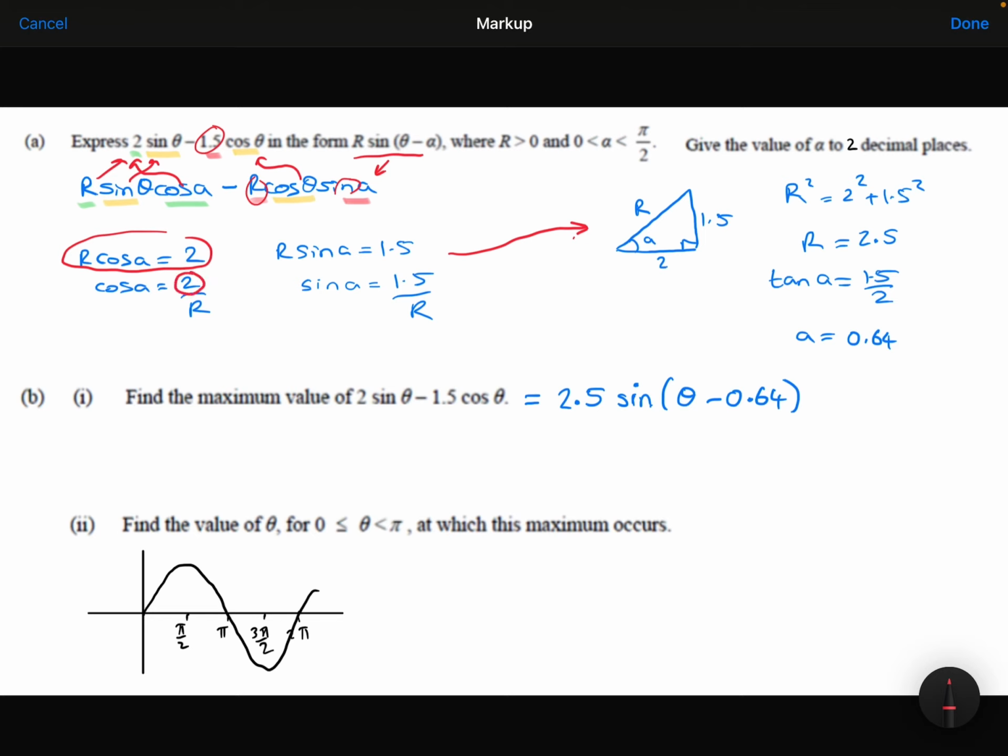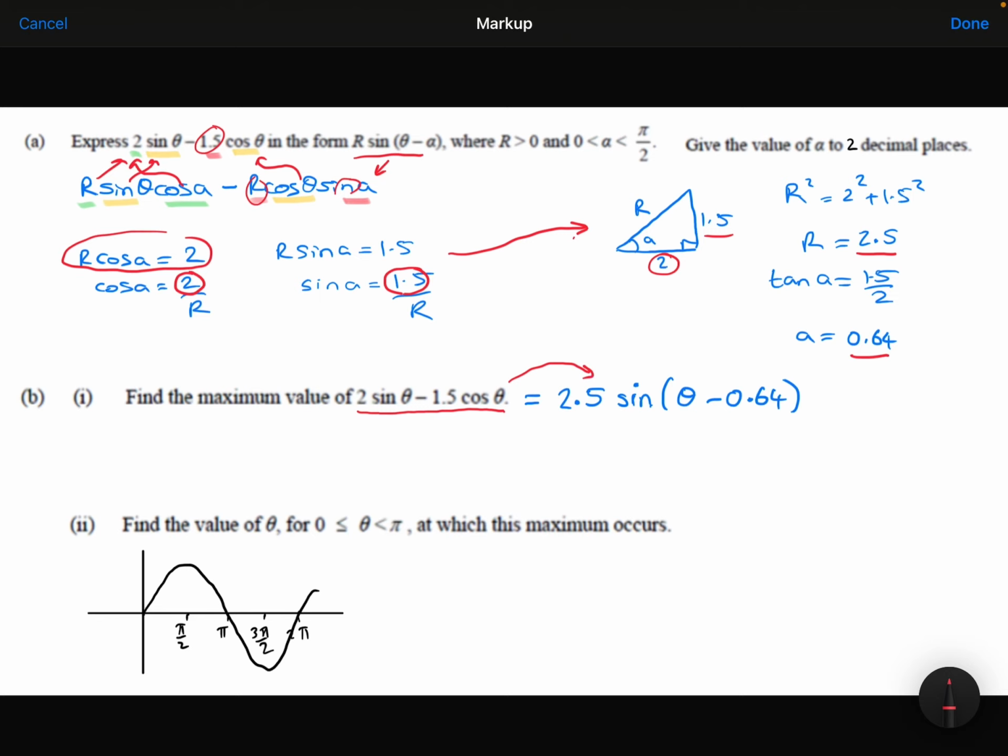The adjacent I know is 2. The opposite I know is 1.5, and then a little bit of Pythagoras allowed me to work out r, and a little bit of SOHCAHTOA allowed me to work out a. So all of that allowed me to turn this complicated expression into a simpler single trigonometric function there,